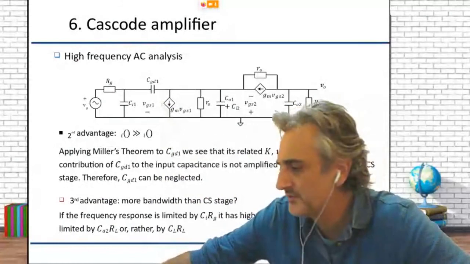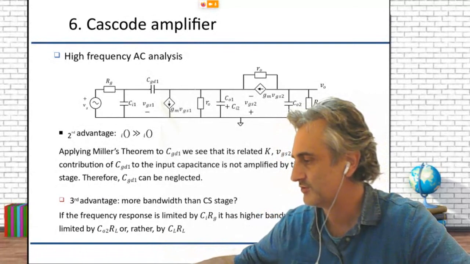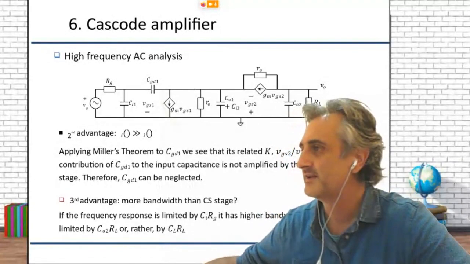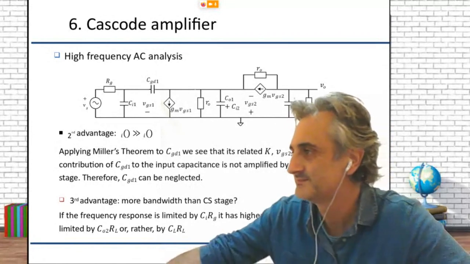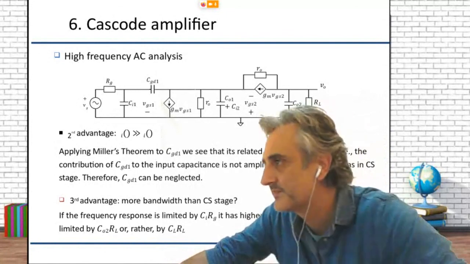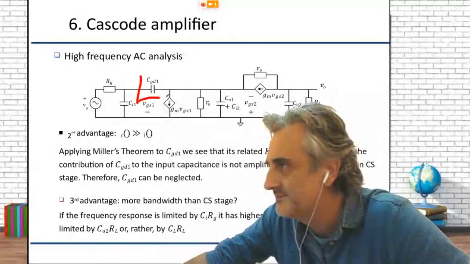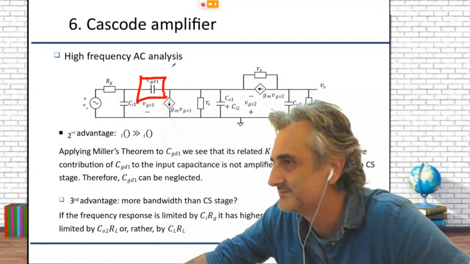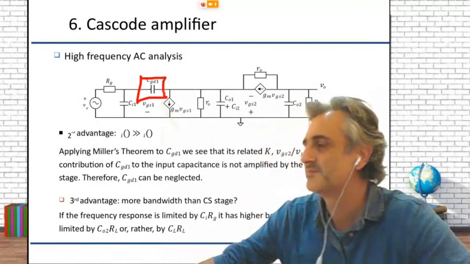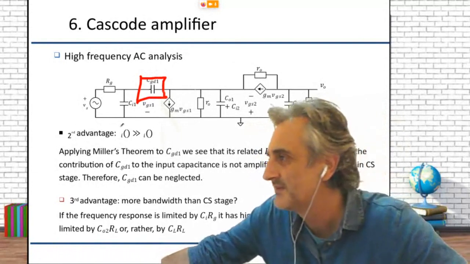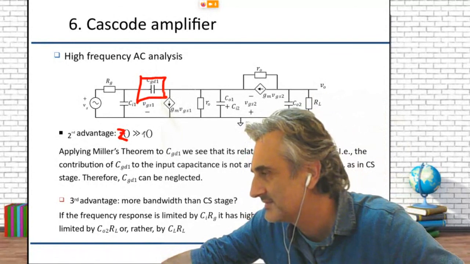And then how do we get the frequency response? In order to get the frequency, we replace and put all the different capacitances. Then we replace this by the Miller theorem. We just replace this by Miller's theorem. This should be Z at the input, that means the input impedance